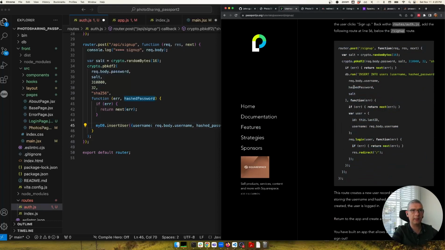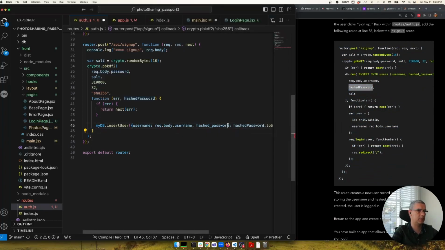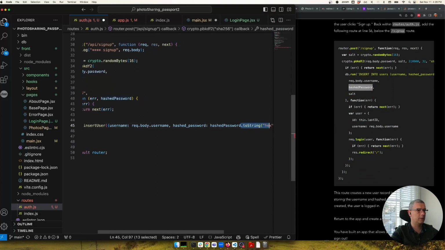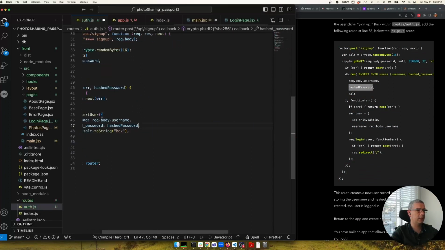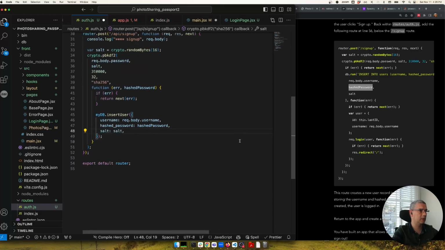So basically, they are inserting the hash password straight into it. So no Copilot, we don't need to do that. We don't need to do the toString thingy, and then the salt. To just store it as well, like that. So this will be the salt, and then I have the username in here,